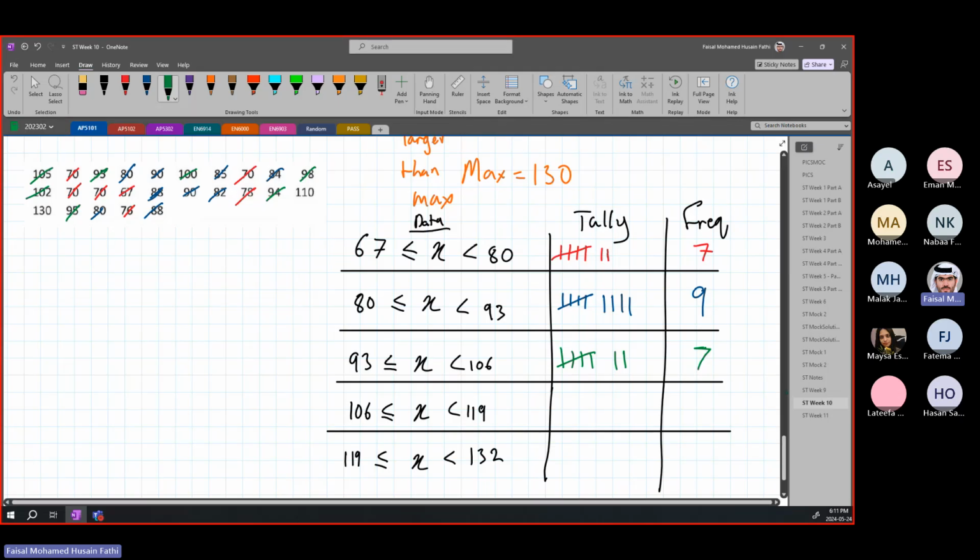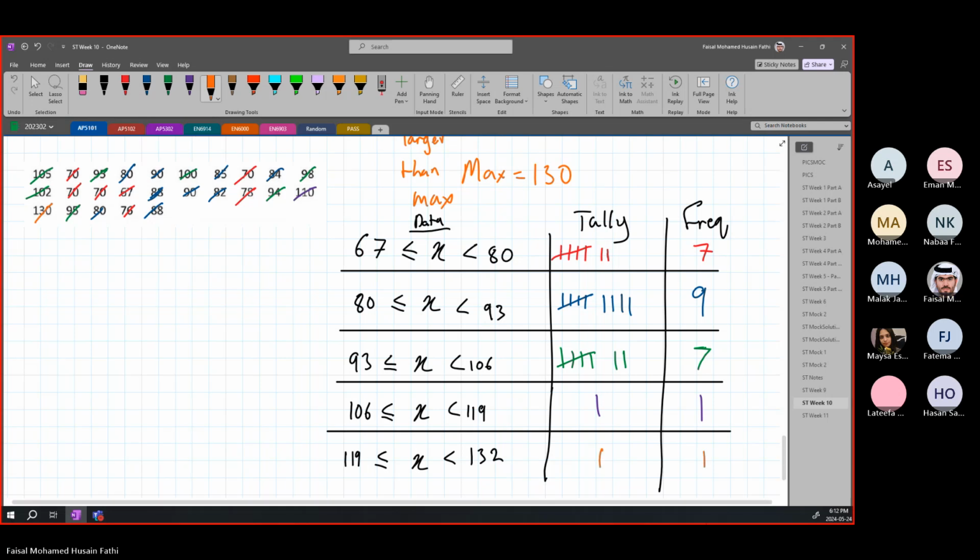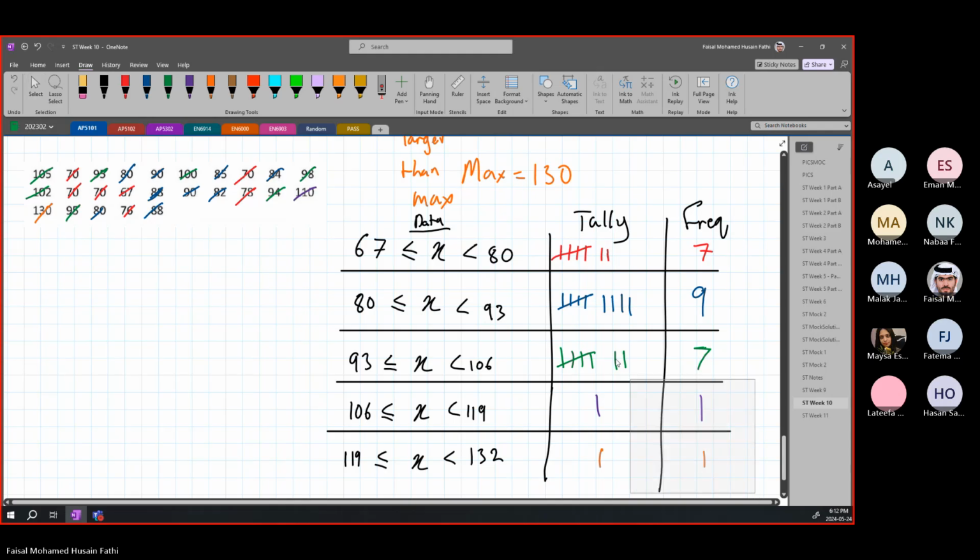All right. And now, again, for the next one, 106 and 119, there's only 2 values left. This is between them. The other one is not. So we have 1. So this is just going to be 1. And the last one is 130, which is 1 and 1. And this is how you would build the frequency table in the case of